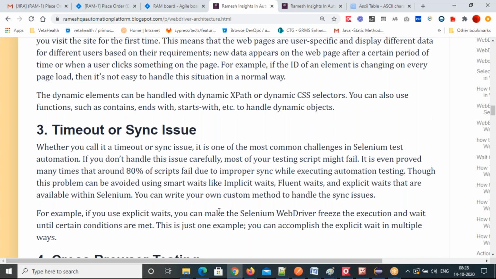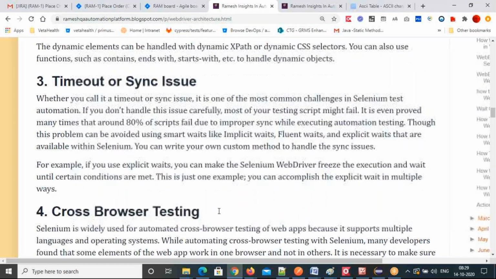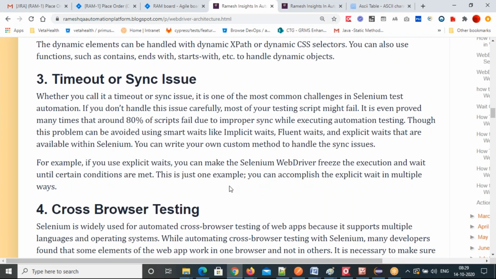Timeout issues will be a common challenge in the Selenium test case. Mostly it will fail because the page is taking too much time to load, or you specified 5 seconds, but it is taking more than 5 seconds, then your test case will fail there. But how can you handle this? How can you handle this kind of timeout issues? Add the wait commands in Selenium code, then that will be solved.